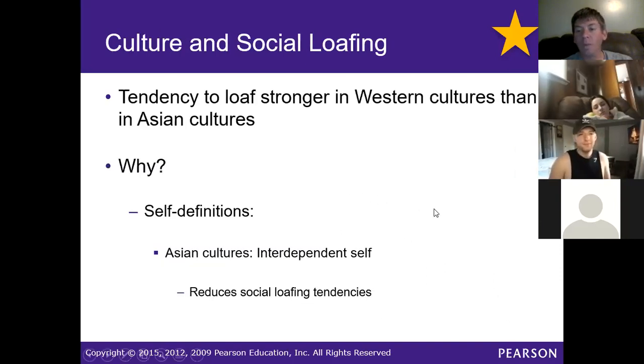So, which one, Western or Eastern? You're going to see social loafing more in our culture, because Eastern cultures are collectivistic. They have an interdependent sense of self, meaning their identity, or who they identify themselves as, is members of a particular social group. I am daughter of, I am son of, I am employee of. That's how they identify themselves in Eastern collectivistic cultures. Western cultures, American and European, are independent and autonomous, so we have more of an independent sense of self. As a result, more social loafing.